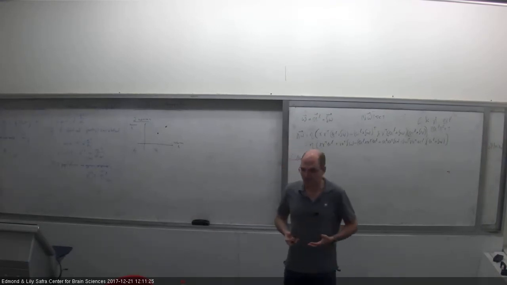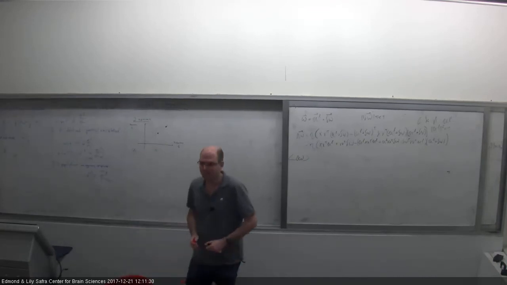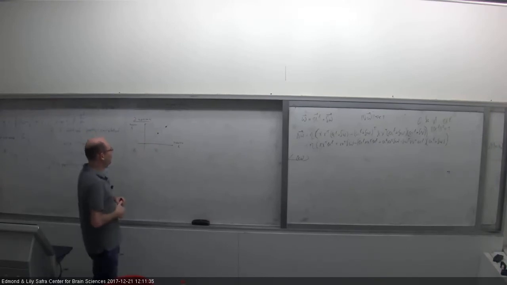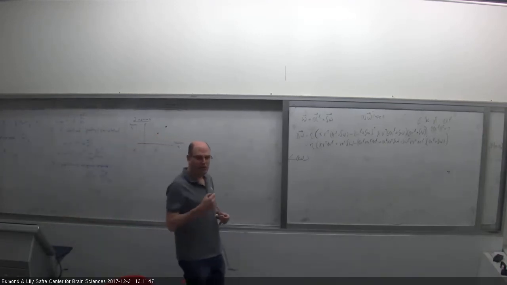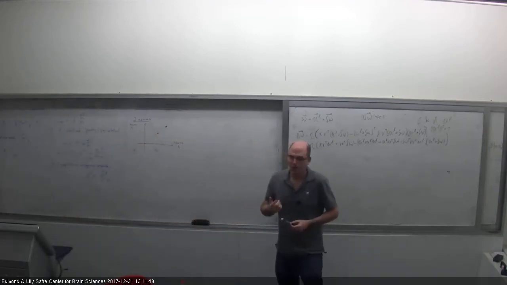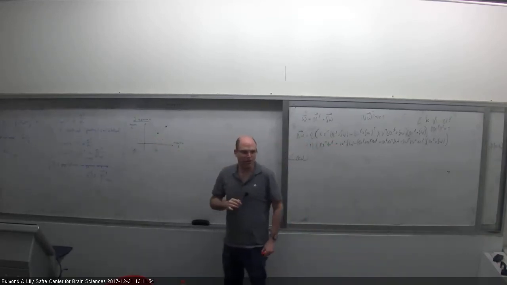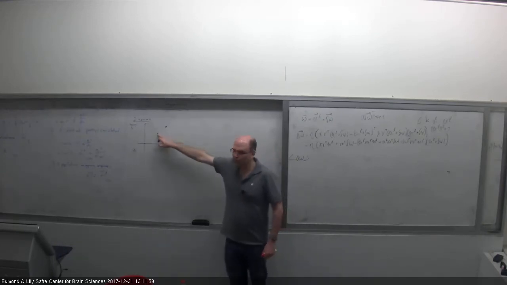Okay? But the neurons are variable. The responses are variable. So I want to depict graphically the distribution of responses of each neuron. So let's take the condition, say this is the response to theta 1, and this is the response to theta 2. Now I want to consider first the case where the neurons are independent, but they have the same variance. So how will the distribution of responses look conditioned on theta 1? It will be centered around this point.